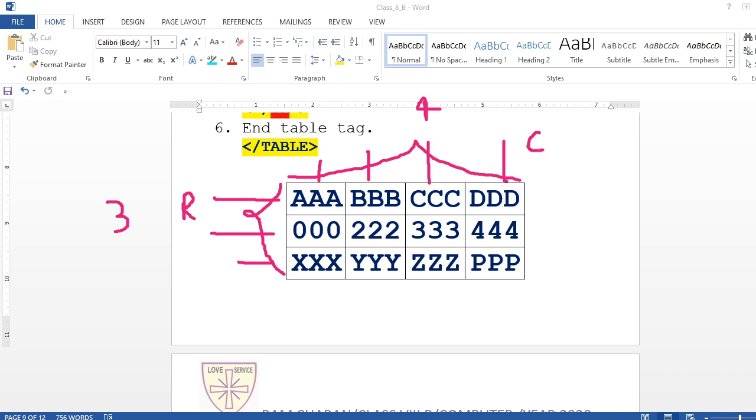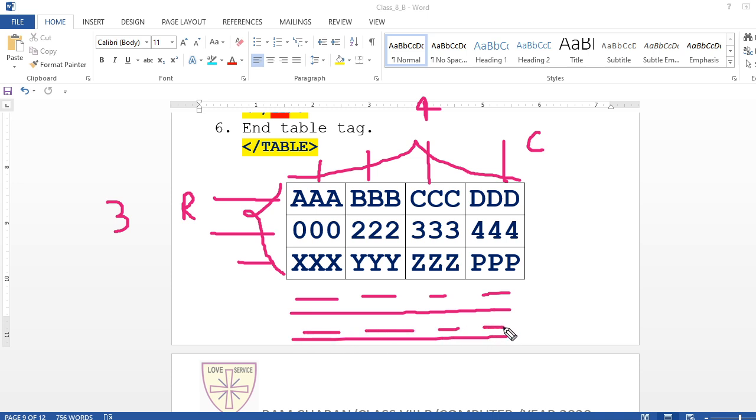Now HTML will create the first row. In this way, HTML is going to create the first row, and in that you are going to insert the data for the columns. Suppose you insert the first data, then the second, then the third, then the fourth data. Then again create the next row, again insert the data in that, again create the next row, again insert the data in that, right? So a column is known as table data.